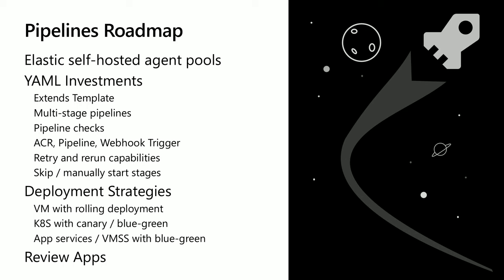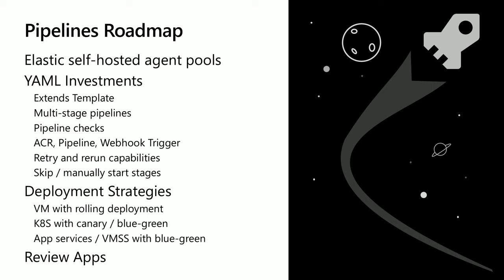What we're also doing is improving the triggers. So right now, you can trigger from PRs or when people are doing continuous integration. What we're adding is the ability to do a container trigger. So when a new container image lands in the Azure Container Registry, or actually when it's landed and then been scanned, you can control what happens. Then you can take it and do something, like trigger a deployment.